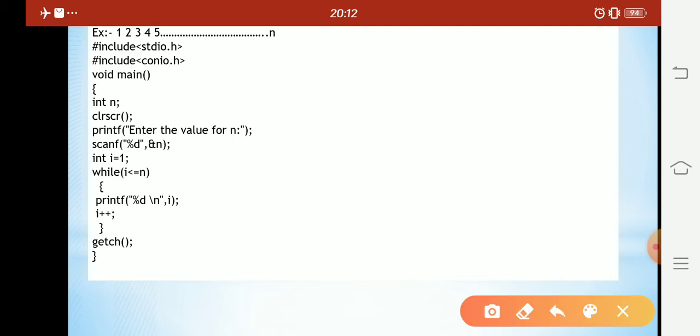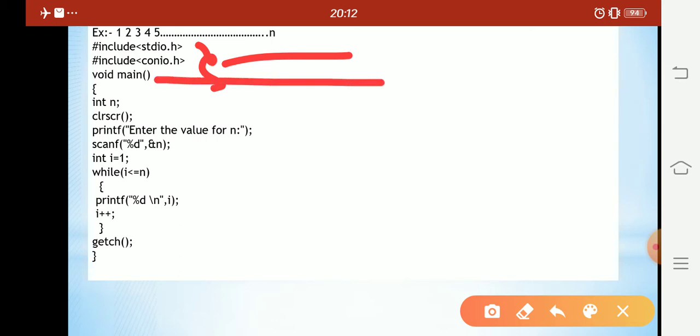First of all we will discuss it one line after another. First, #include <stdio.h> and #include <conio.h>. Already we know these are header files. Then void main function, we know it is the beginning of the program.